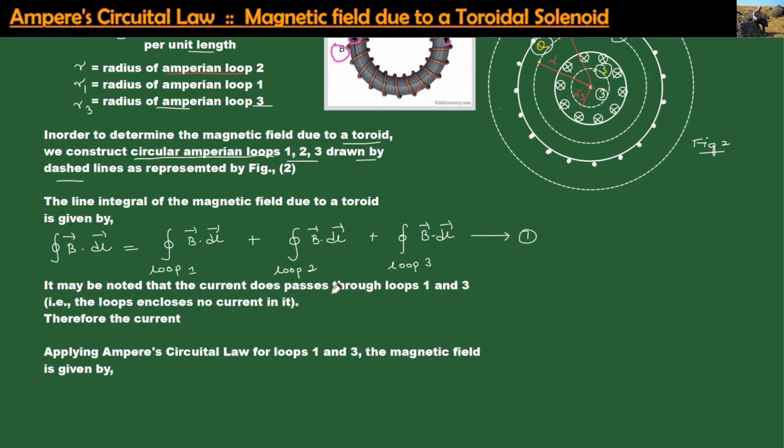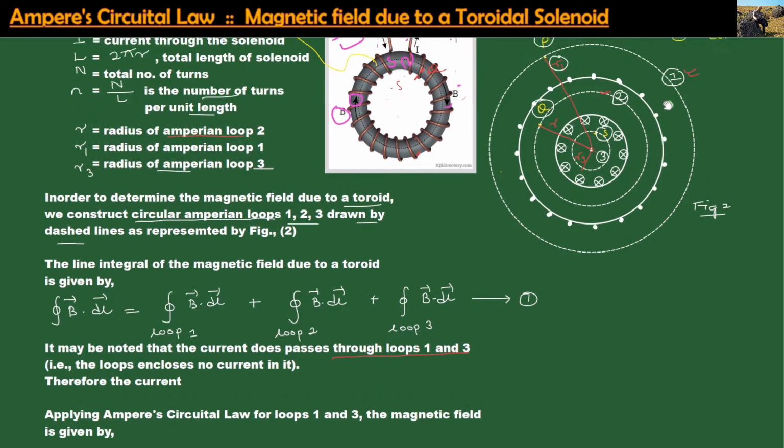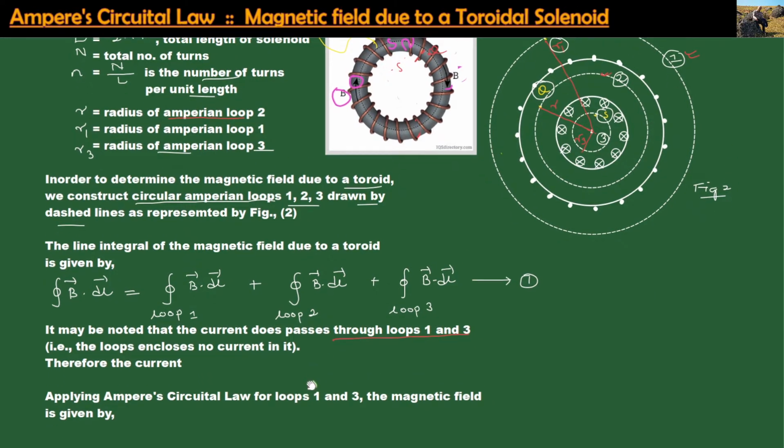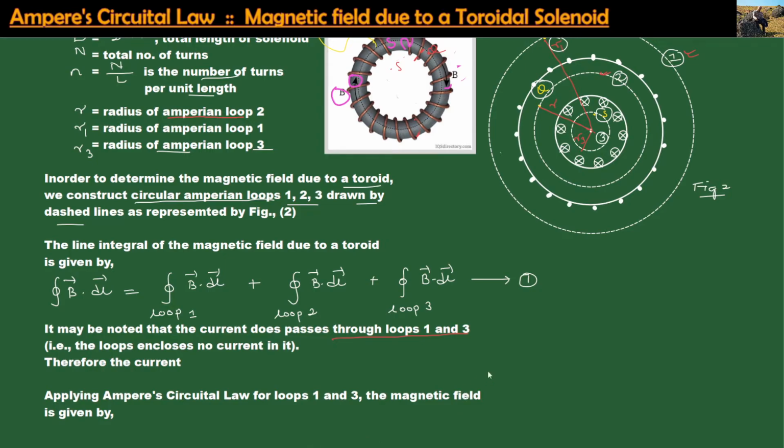Current does not pass through what? Through the loops 1 and 3. Current does not pass through loop 1 and 3. So from there, it is very obvious, okay? It is very obvious that the current,